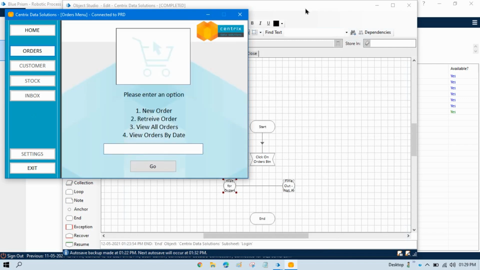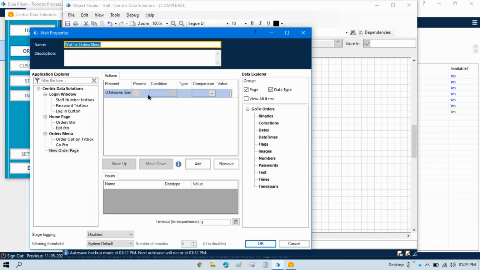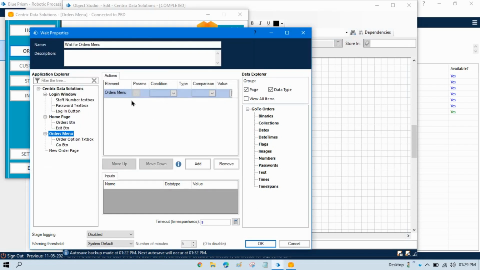After clicking on orders button, we have to check that this screen is available or not. So wait for orders. So we'll take here wait for orders menu, because once we'll click on this, it will come to this screen, orders menu. So we'll take this and we'll check if this window exists or not. If equal to true, wait for 10 seconds,